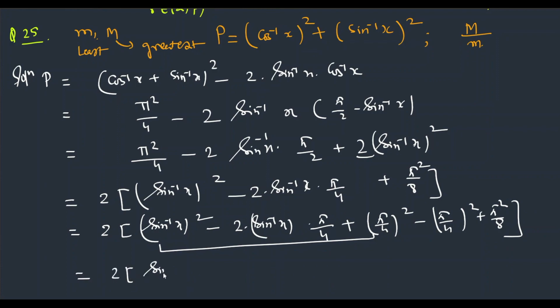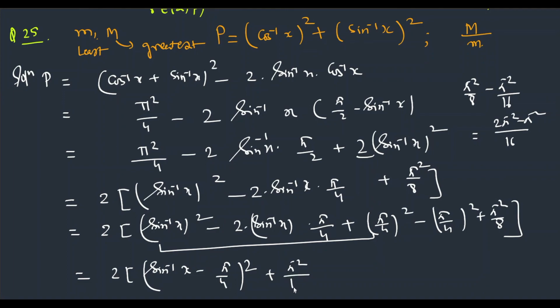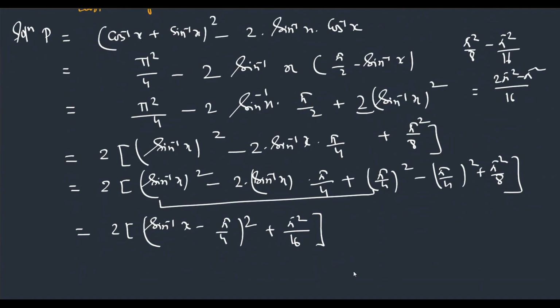So 2 times sine inverse x minus pi by 4 whole square, and the remaining term we have pi square by 8 positive and pi square by 16 negative. So take the LCM, 8 into 2, pi square minus pi square. So here we have pi square by 16. So now when this expression becomes the minimum,